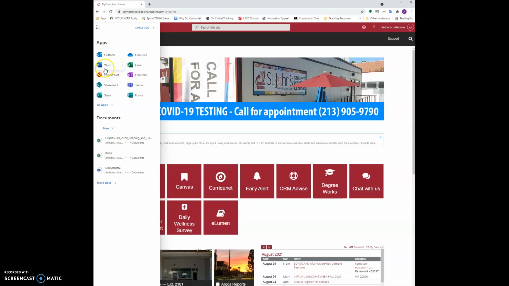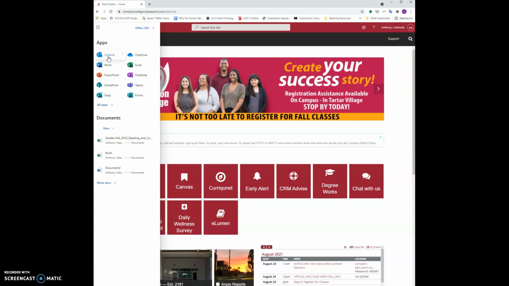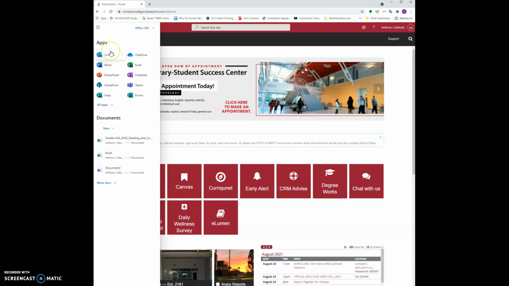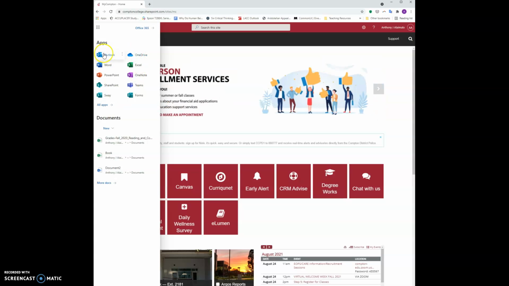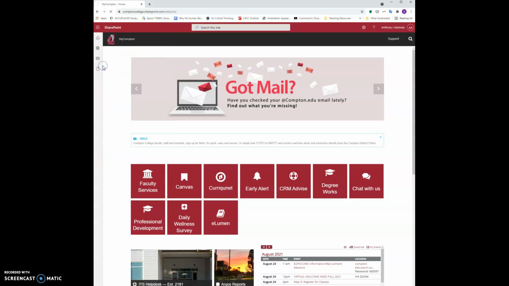The ones that you'll probably use the most while you are going through school are Word, Excel, and PowerPoint. Outlook's also not bad to put on your computer because you can connect multiple email sources to this. So you can have your school email, your personal email, and eventually other schools when you transfer, or if you decide to transfer. That all can go to the same email program. So Outlook is good, but the one we'll be most concerned with in this class is Word. So I'm going to go ahead and click the Word button,